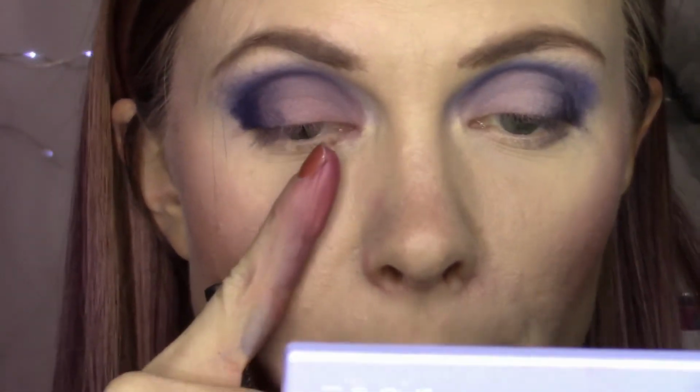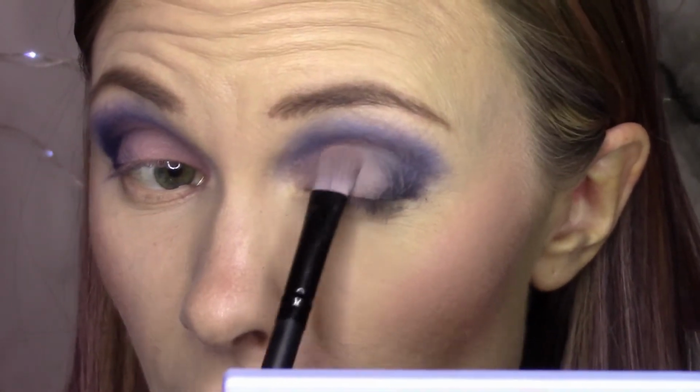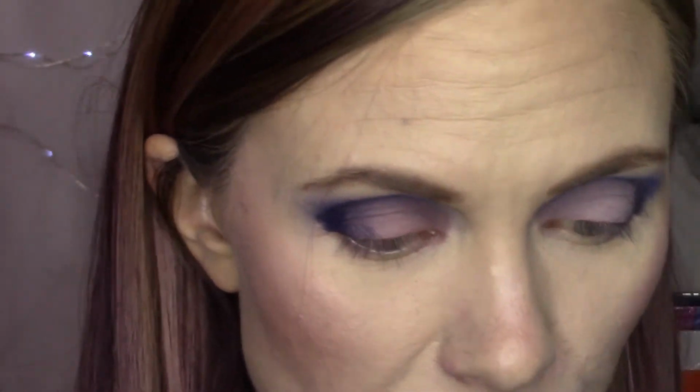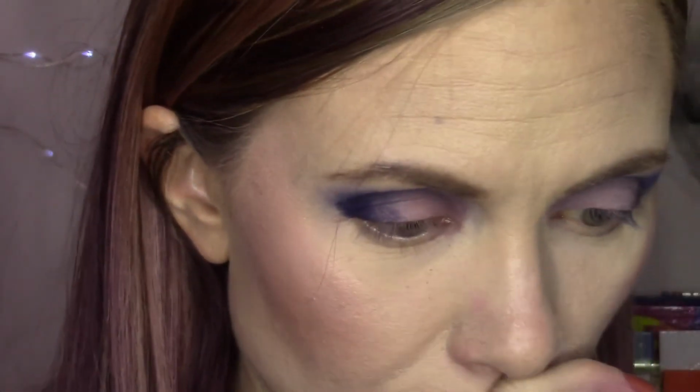So already, I don't know that I would say this is more pigmented. I would say it's just got a little bit deeper tone to it. But I would say that these shades are very similar. I think these two eye looks are looking pretty close to each other right now. I'm going to go in with a little tiny fluffy brush. What do I want to use for this? I think I'm going to use this Morphe 507,